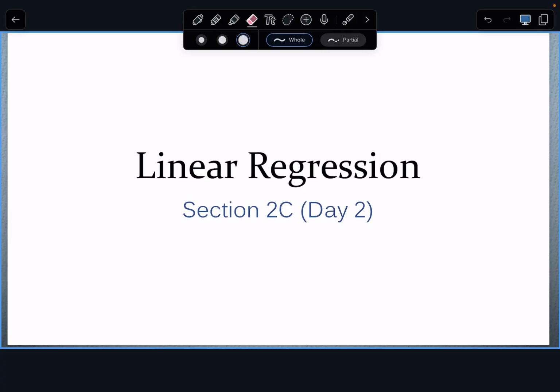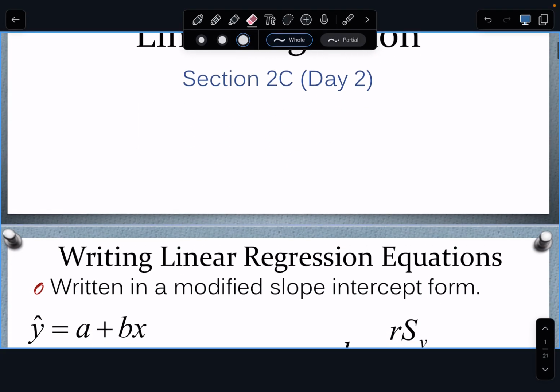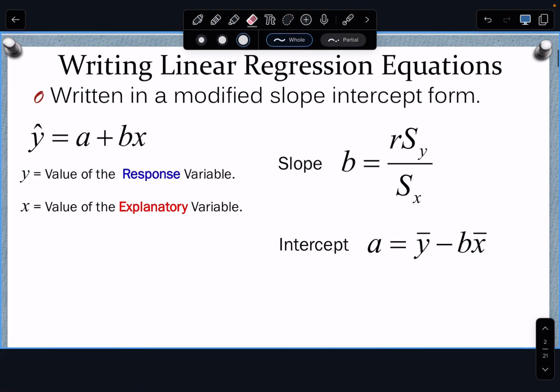We talked about extrapolation. So when we use our model for predictions, we want to make sure we stay within the scope of our data. Once we leave that scope, we're not sure what happens to the association, and so we can't necessarily guarantee the accuracy of any predictions we make outside of it. So for today, we're going to further that discussion with what we call regression analysis. The first thing we're going to talk about is how to calculate the regression